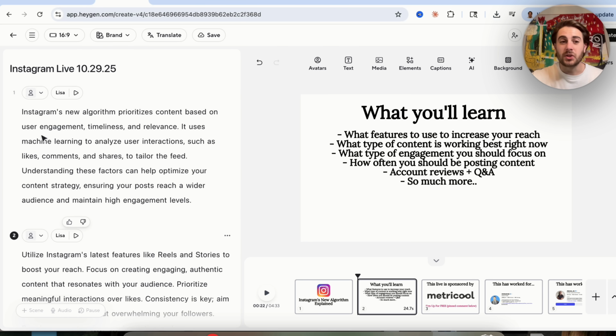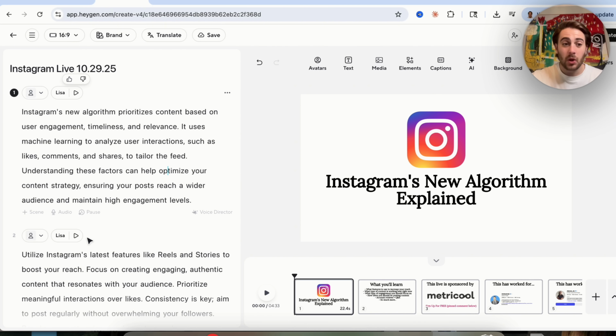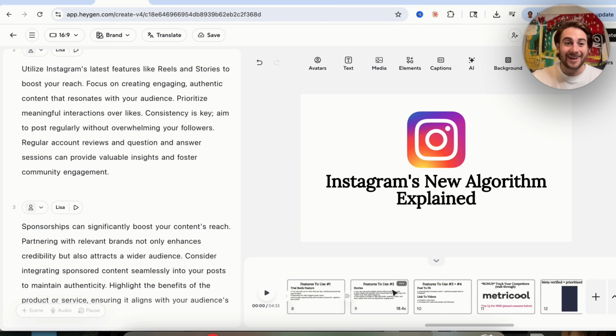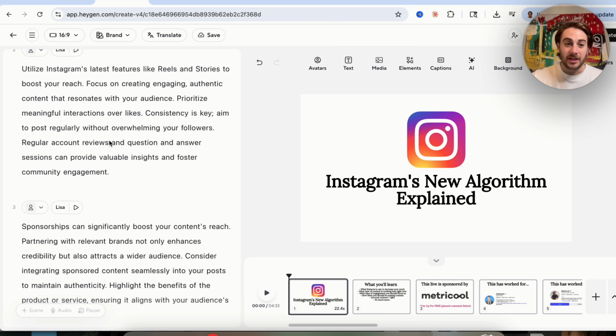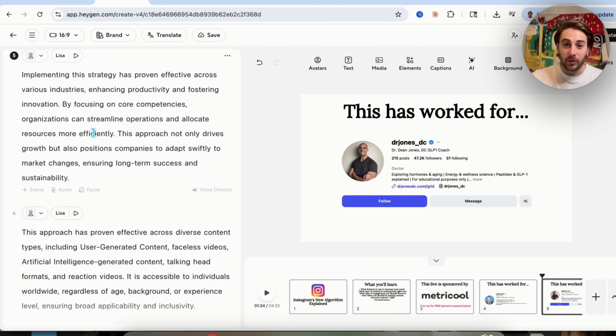Now let's say that we don't actually like that voiceover. Again, we could change this if we wanted to. We could change the speed, we could change the volume, we could come in here to our advanced settings, or we could even have this change back and forth between different voices. But otherwise, we could get this to actually generate this video right here, and this is going to generate an AI generated video of this walking through this PowerPoint with this script here that we could come in here and change if we wanted to, which is